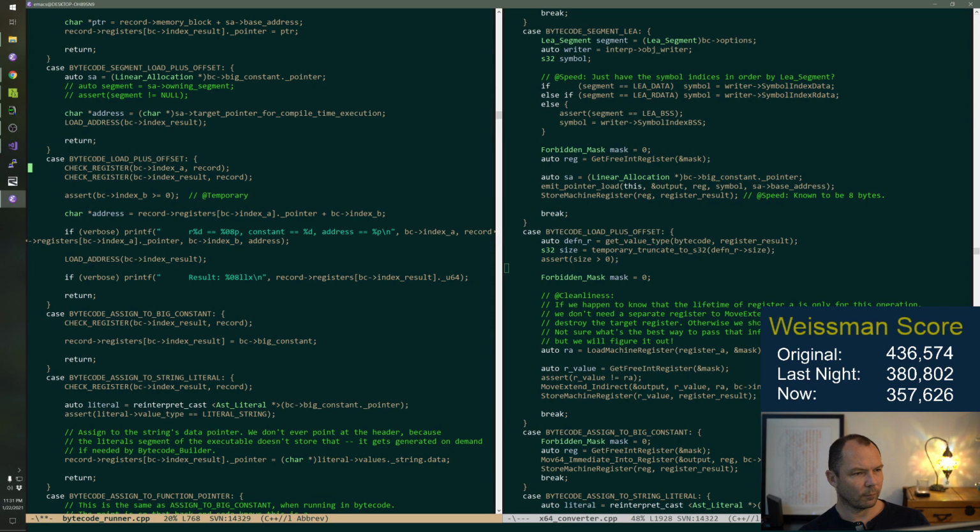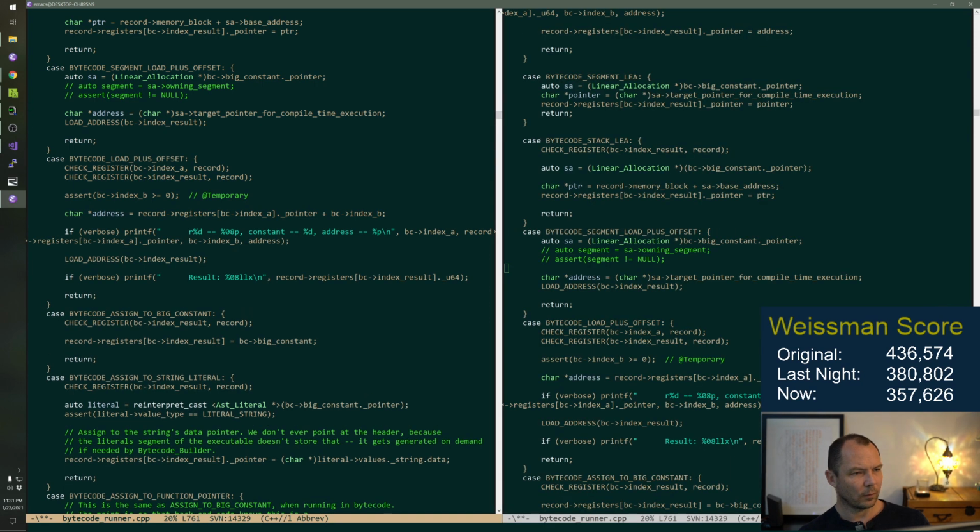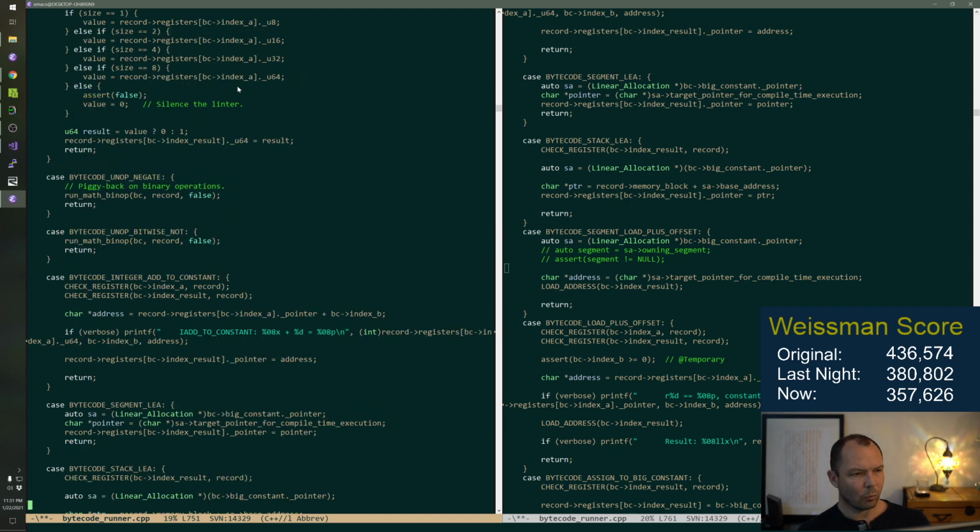So I just want to do this. So segment load plus offset is going to be within a particular allocation, and then we'll work that out.